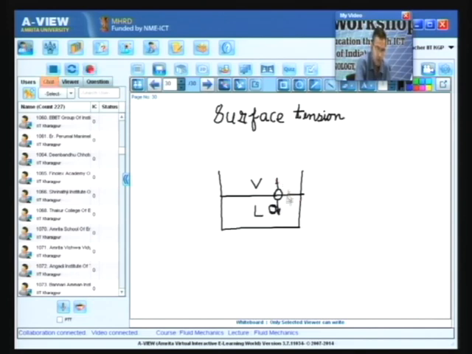So the molecule at the interface will have a tendency to get dissolved in the liquid, but in actuality it does not do so. That means molecules at the interface have some excess energy by virtue of which they retain their position at the interface and do not get dissolved in the liquid, despite having a stronger force from the liquid side than the vapor side. This additional energy is called surface energy,